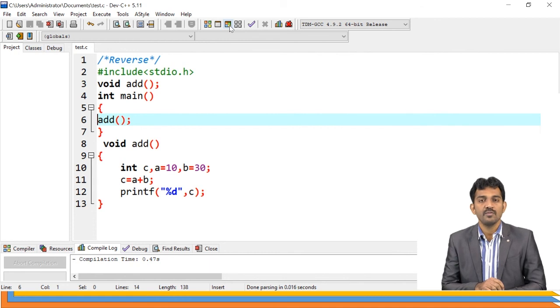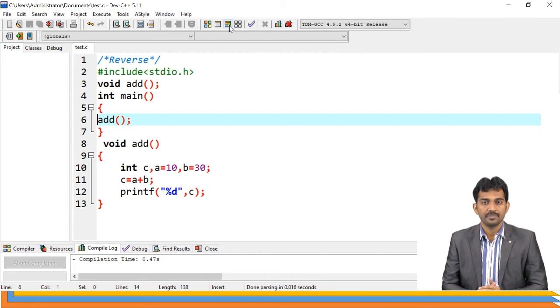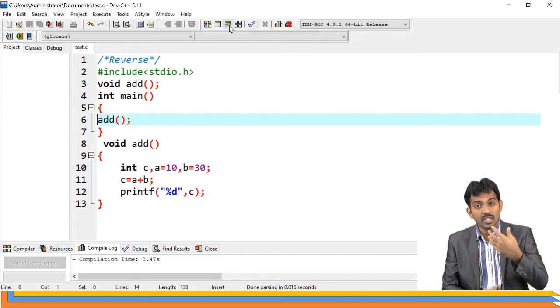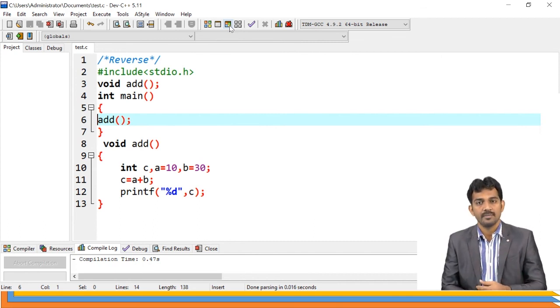Is this clear? So based on our situation, if you want to send the result back, then you can use a return. If you want to send data to the sub function, then you can use an argument list. Is this clear?